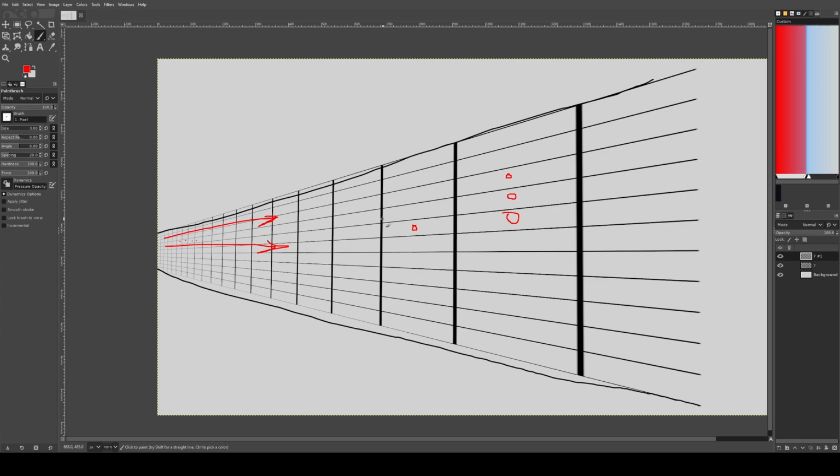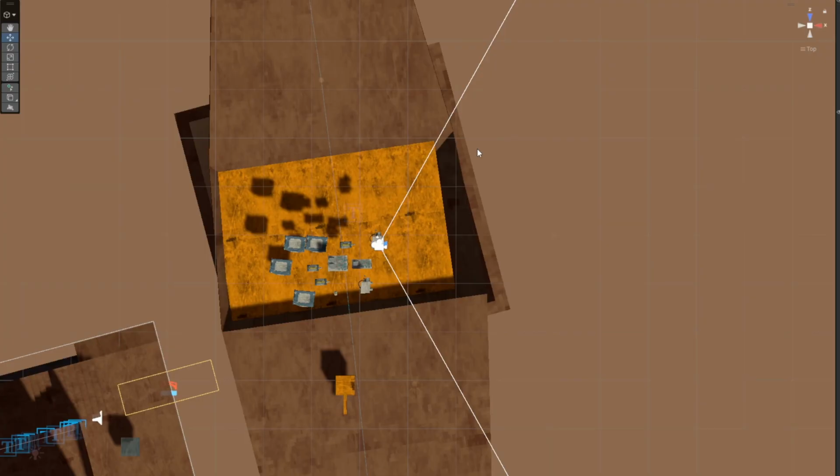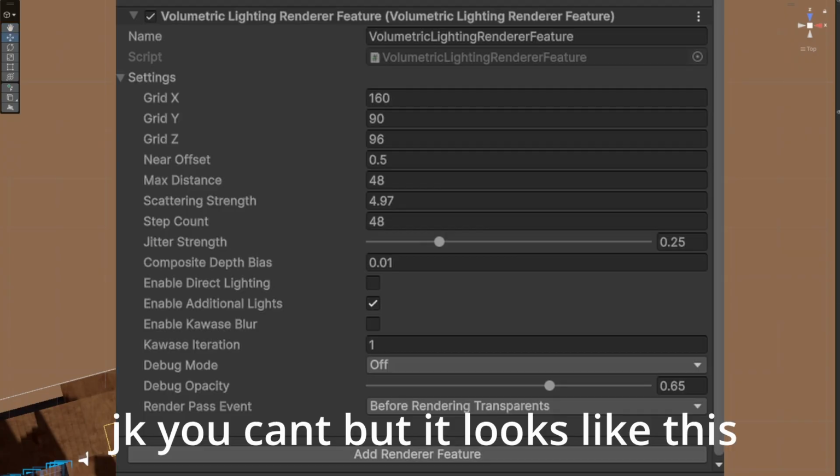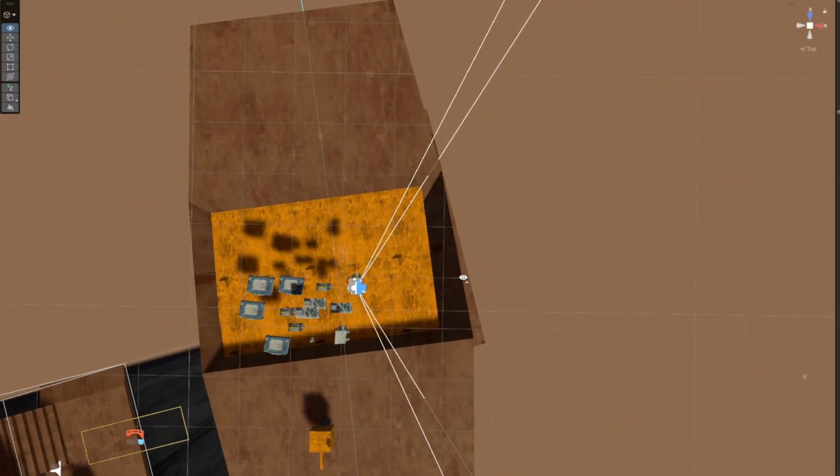Okay, let's go to Unity and see it in 3D. Here we are in Unity. From top-down view our camera basically looks just like what I have shown you, but we are now in 3D. So on the right you can see the renderer feature, which exposes controls for grid density. Now we have 3 axes, and to visualize it